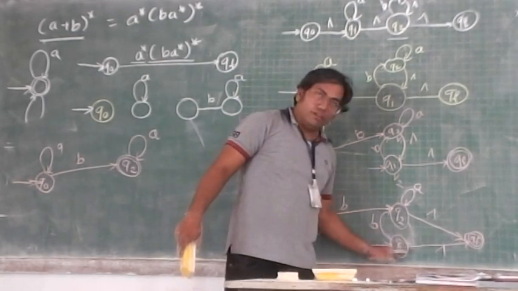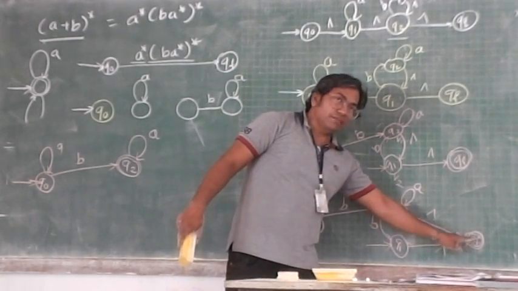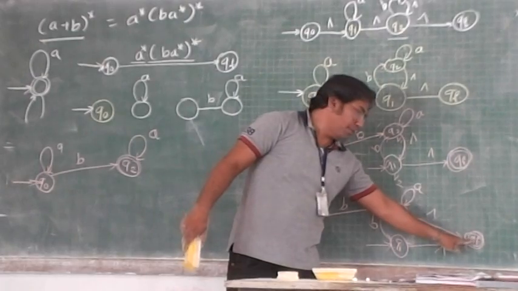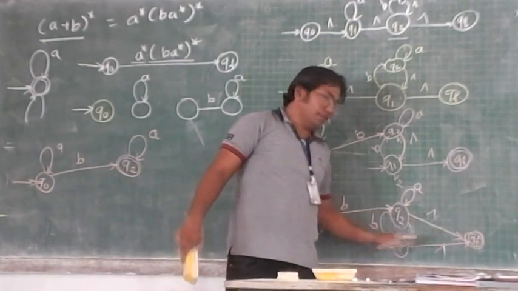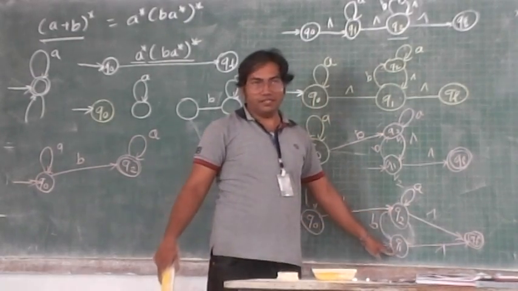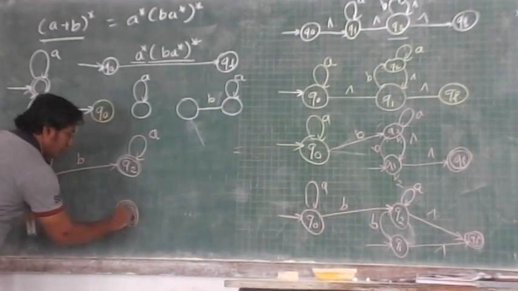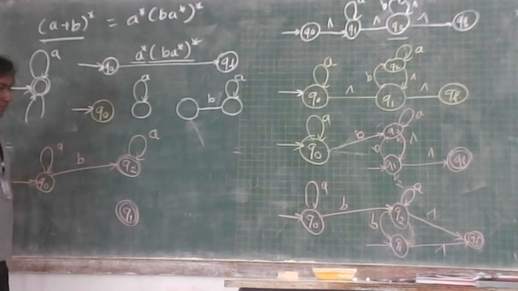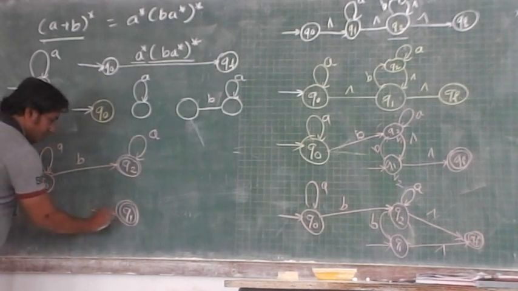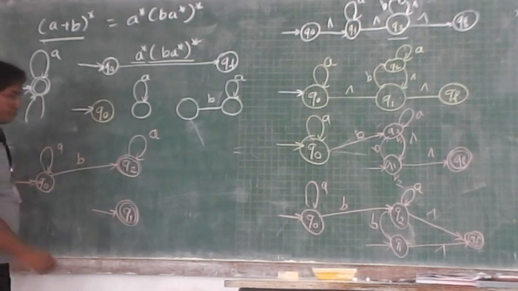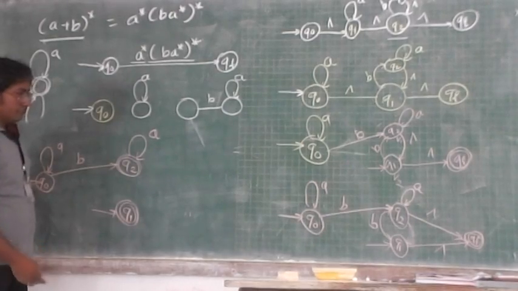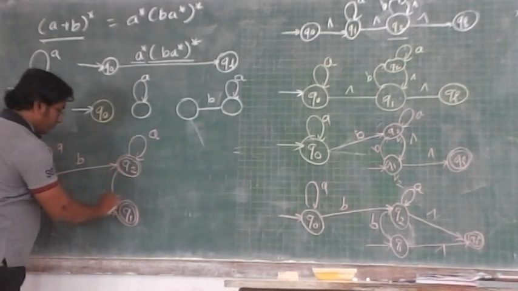Okay, so see the fourth, as per the fourth step, if V2 is a final state, make this a final state. So Q1 becomes a final state. So I will draw Q1 as a final state, and that is again an initial state. So this transition which is in between